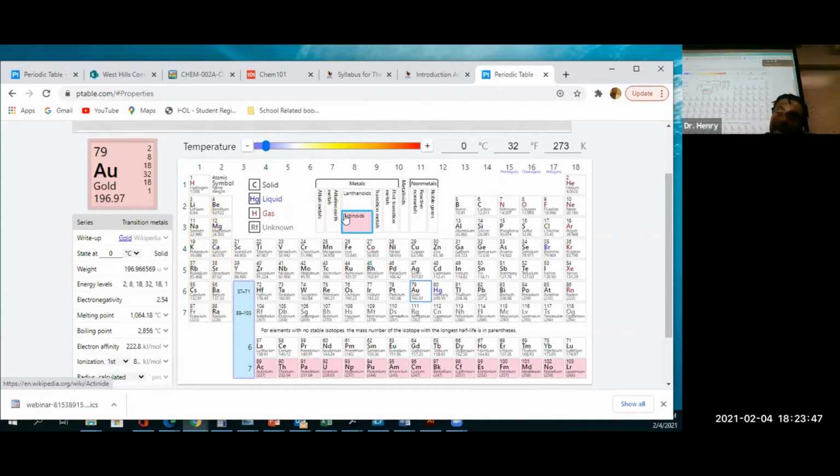Your actinoids. Your lanthanoids. Your transitional metals. These are your